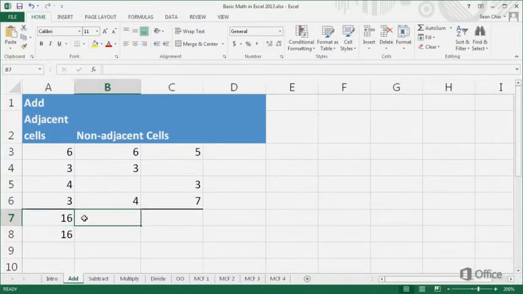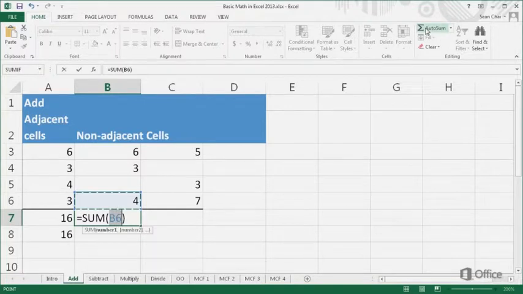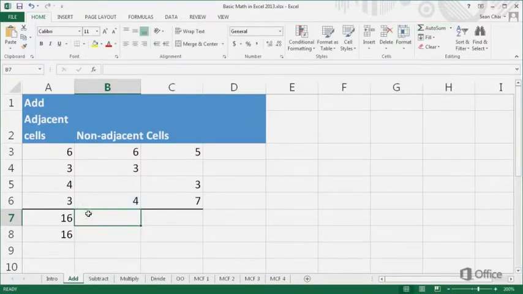If you try to use AutoSum here, it only gets the adjacent cell, not the entire column. Why? Because B5 is empty. If B5 wasn't empty, B3 through B6 would be an adjacent range of cells that AutoSum could recognize. To add cells in ranges of cells that aren't adjacent,